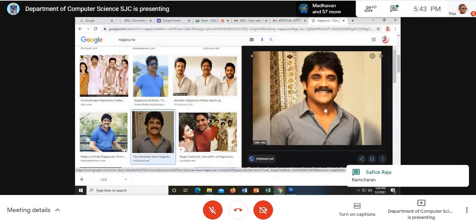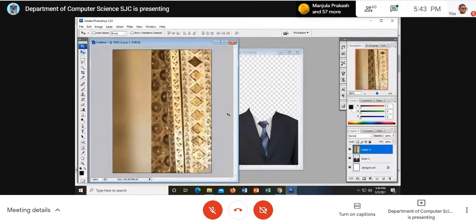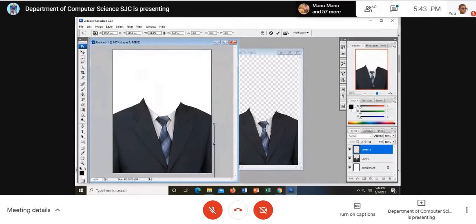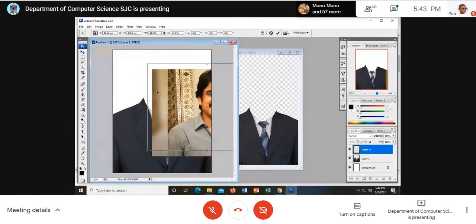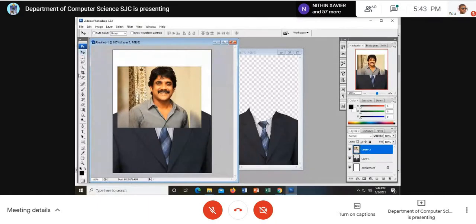Shall I choose this one? Yes, I copy, but the cropping work is more here. See, it is quite a big image. Due to lack of time, I'm not going to crop it properly because it takes time. I'm just recapping what I gave yesterday. See here, I'm just cropping. Whenever you crop, you have to keep the picture zoomed in.